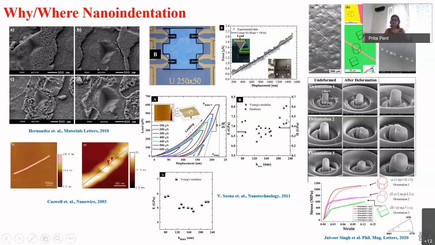Now, for a particular material, if you think of a spring, the stiffness should not change with how deep you go into the spring. It's not a depth dependent property. But what's happening here is that at low depths, you are only measuring the upper layer, but you are